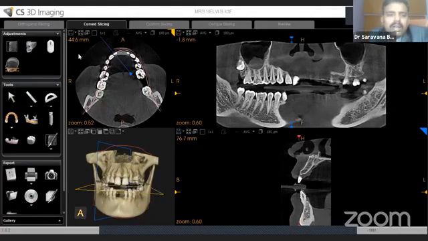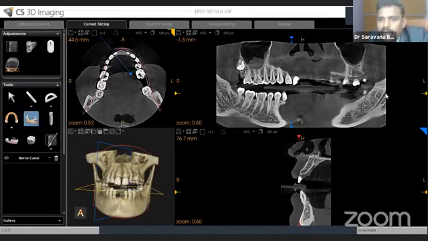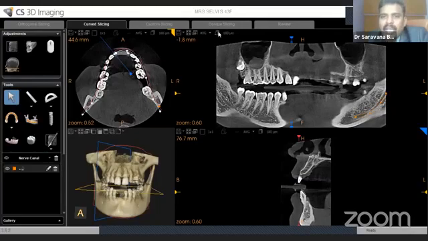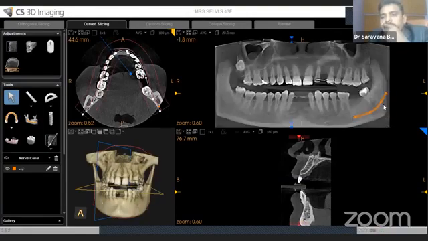Okay. Now I have to select this canal marking tool. In the tools, there are a lot of tools. Arrow tool is there, measurement tool is there, angulation tool is there, arch creation tool is there, canal marking tool is there, implant planning tool is there. I selected this canal marking tool. I am going to draw one canal here. That's all. Okay. Again, I am going to full thickness, that is 20 mm. You can see the drawn canal here.